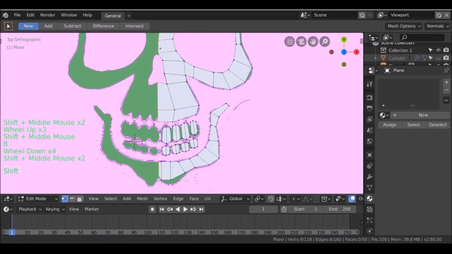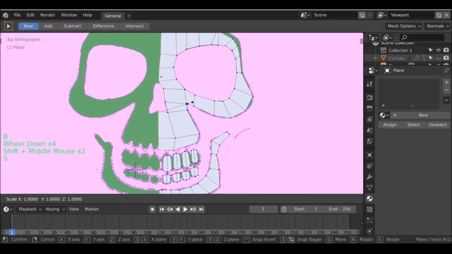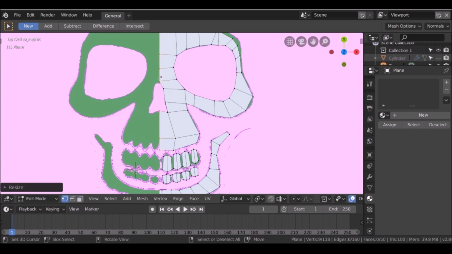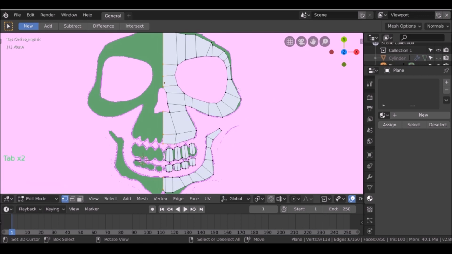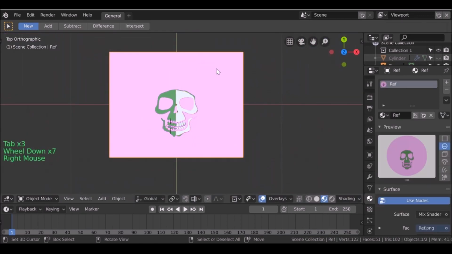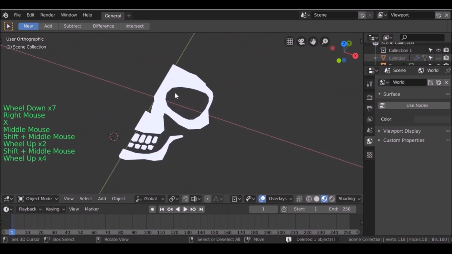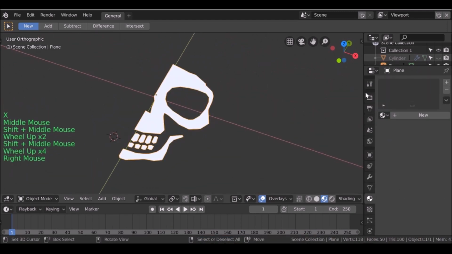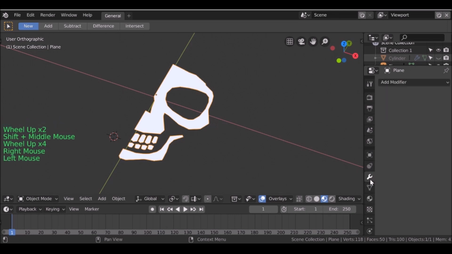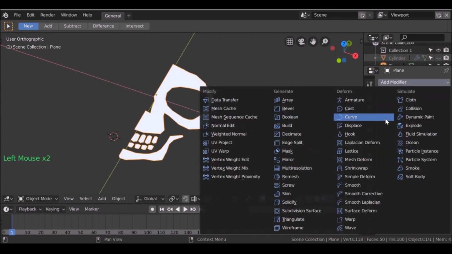So now what we can do, if we press S, then if we press X, then if we press 0 and hit enter, now we've just straightened these up. So now what we can do is get rid of that background image. So let's select this one, delete it, there we go. So now we have this, let's select it and add a mirror modifier. So over to modifiers, add a mirror modifier,